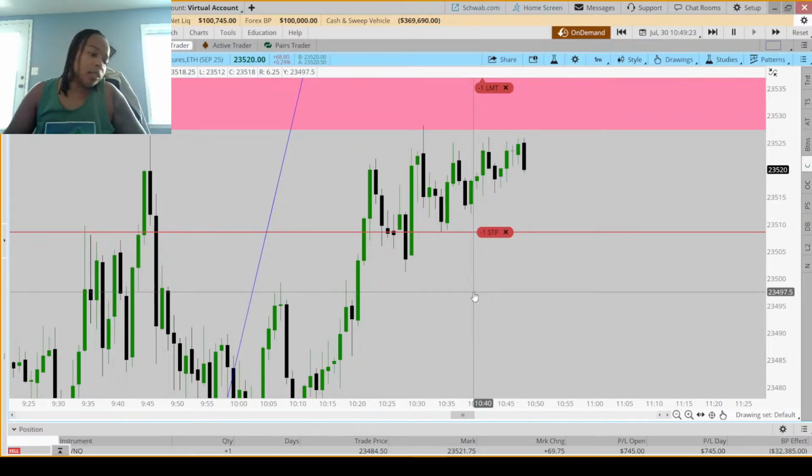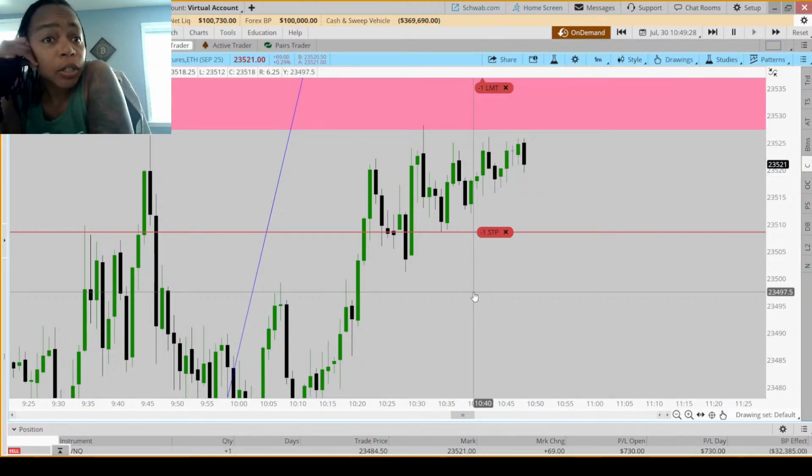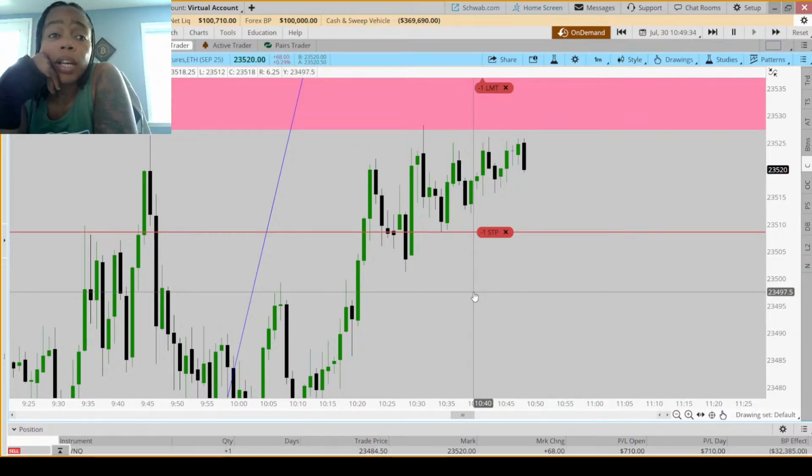I'm trying my best not to care about the P&L. It's the setup. But yes, if I could take partial, I would take some partials if I could. Especially if I could trade multiple contracts, because then I would definitely... come on, man. Just go. But at least I get half of what I was looking for with this stop right here. So if I get stopped out here, it's definitely like a partial.